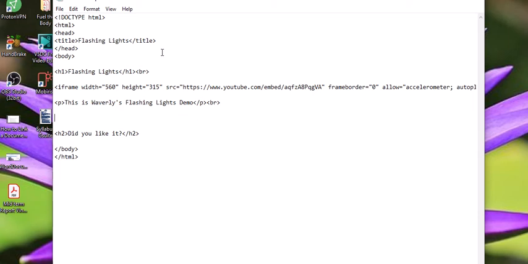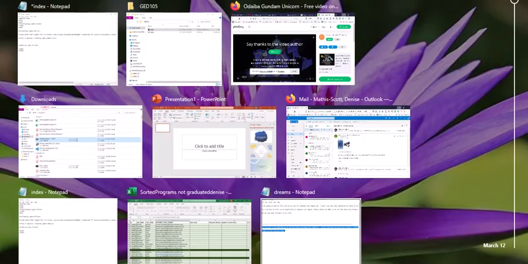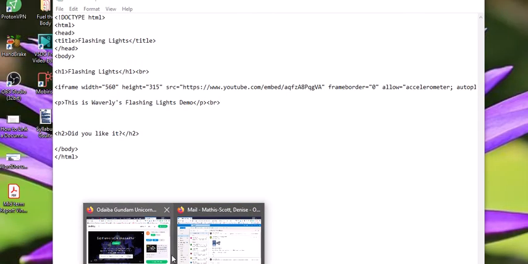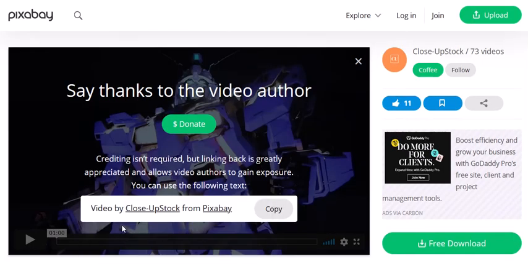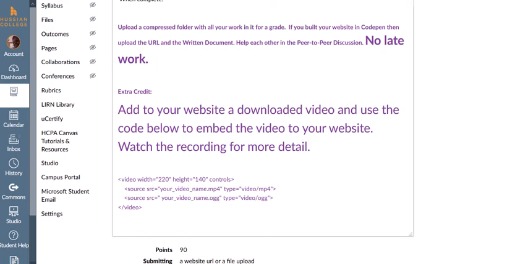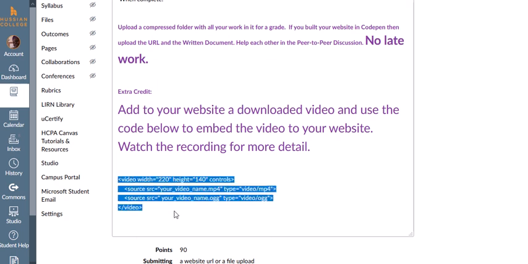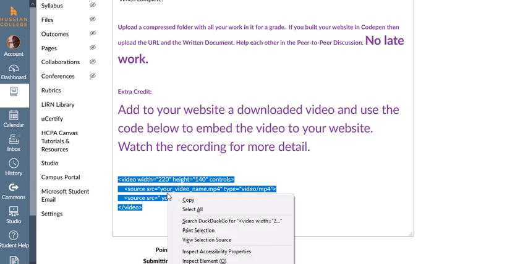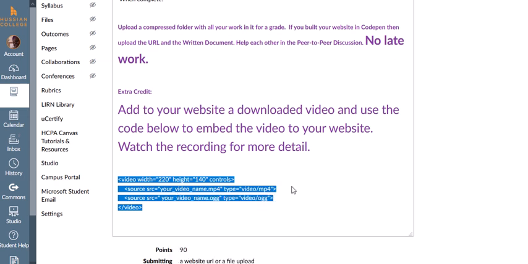So what I need to do in order to do this is, and I don't know if it's going to let me, but I have to get here. There we go. Okay, so I have to go to my Canvas, week 2, under assignments. Okay, and then I open up that assignment, and at the bottom of the assignment, this is the code. So I'm just going to copy that code. Now I'm going back to